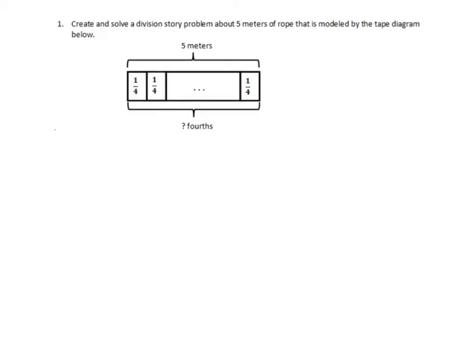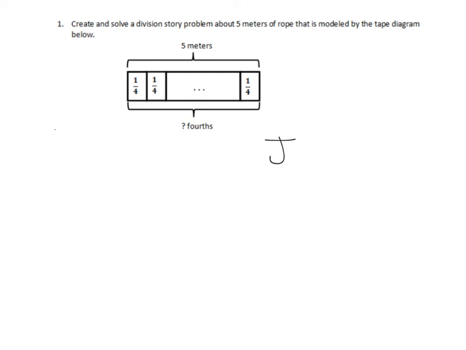This problem is asking us to create and solve a division story problem about 5 meters of rope that is modeled by the tape diagram below. Well, let's look at what we know. We know that our rope, because it wants us to use a rope, is 5 meters long. It looks like that rope is split into 1/4 sections. So we could make up a story problem that could say,